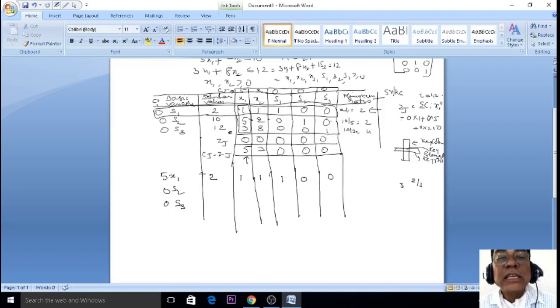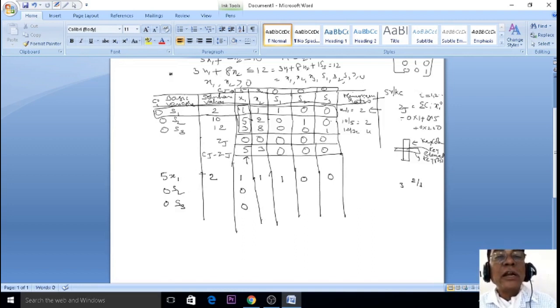Now how to calculate the key column values? Already 1 is there. I already told you so many times, the simplex problem is mainly connected to the unit matrix. Already 1 is there, the remaining are 0 and 0. See here, key row and key column are already calculated. Again, I'll repeat once again. So how to calculate the next iteration values? After identifying the values of the key row and key column, the key element value, go to the next step.